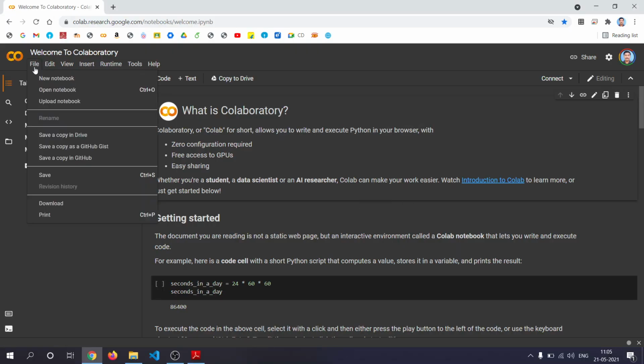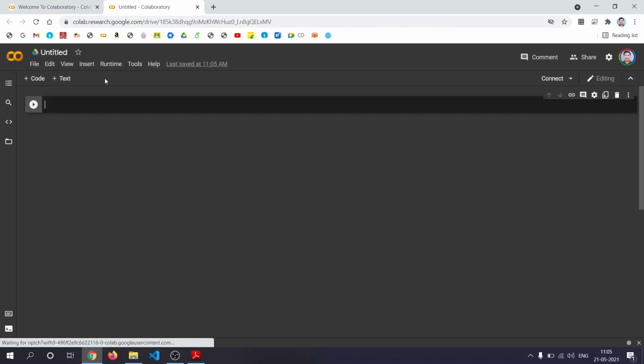So let's start with a new notebook. I'll write it as EM for Gaussian mixture model.